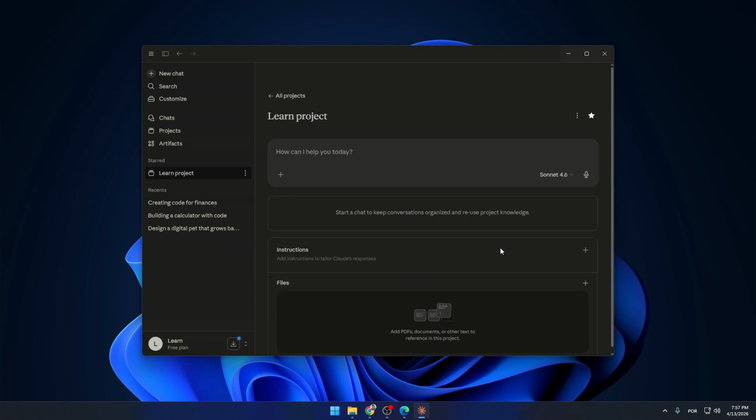Claude can help generate code, create text, explain concepts, and suggest improvements for your project. Whenever you want to continue working, simply return to the project and continue the conversation. And that's it. Now you know how to create a project on Claude